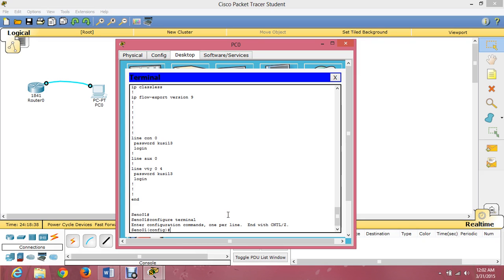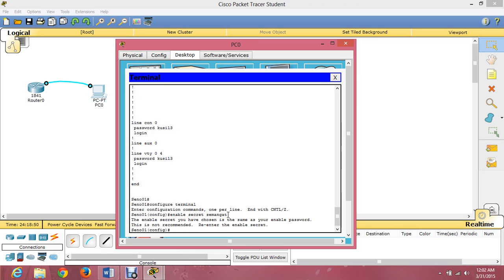Just type enable space secret space, our password is semangat, and enter. Great guys, we have an encrypted password when we switch from the user execute mode to privilege execute mode.